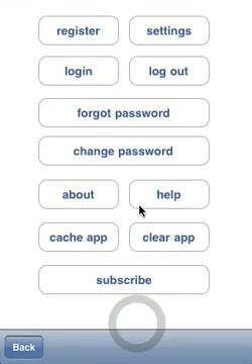Okay, the more screen, you have register. You don't have to register and you don't have to log in, but if you want to see your own guides on the web, then it needs to know who you are. So first you have to register. Once you're registered, you can log in. Settings we already saw. Log out is if you want to log out,